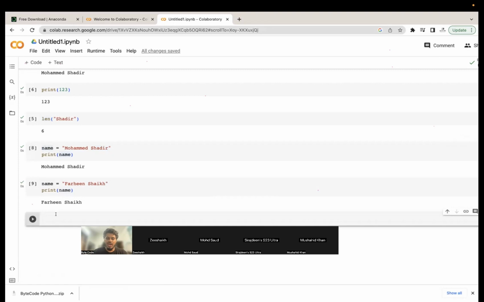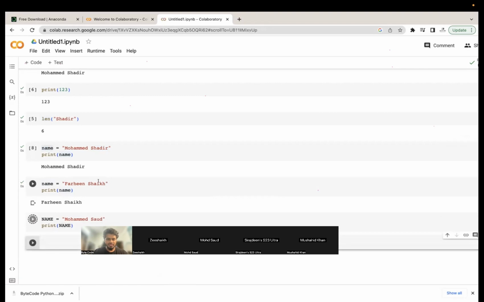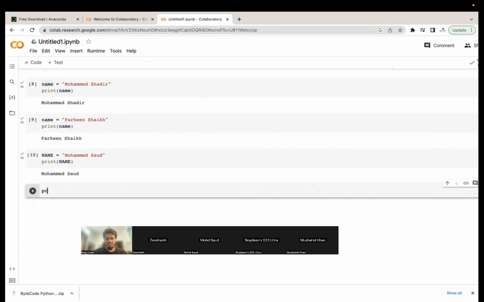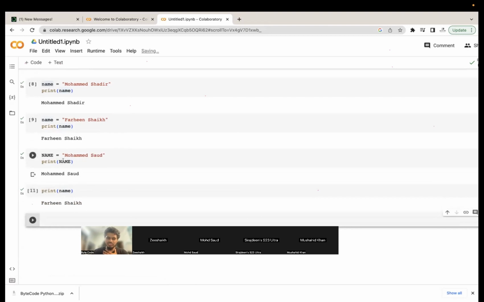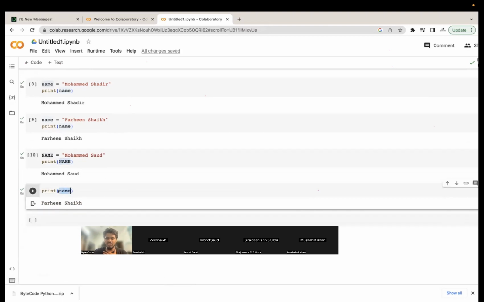But if I now write a capital letter, say Mohammed, and print the name, it will come as Mohammed Shadir. But if I print the small letter name, it will come as Farin Sheikh. Why? Because here everything is capital, and here everything is written in small letters. Even one change in the case will result in a new variable.